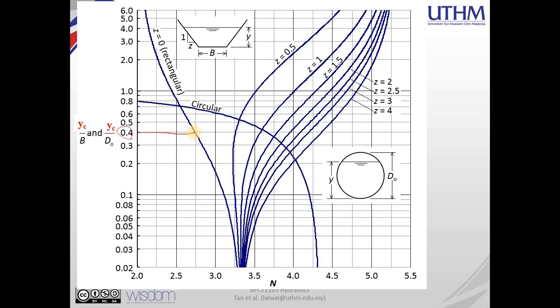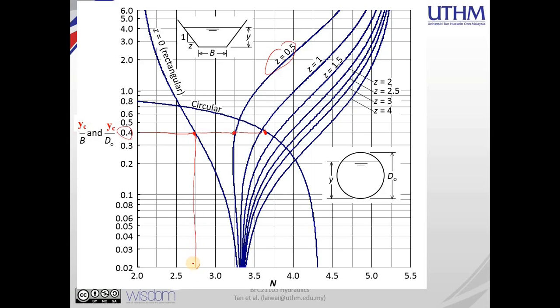So the first one, say we want to find what is the M value for rectangular shape. So we've got here the intersection point, the first one, and extend to the another shape, which is trapezoidal at side slope of 0.5. So we have the second intersection, and the last one is the intersection for circular shape. So we've got here their points. So the intersection of their point here, we need to project it to x-axis to obtain what is the n